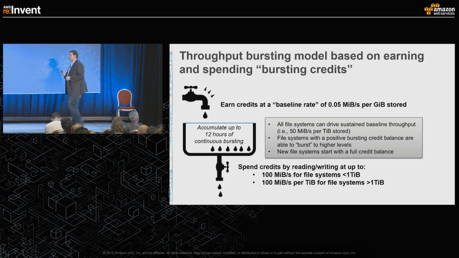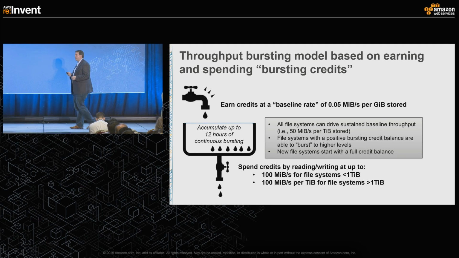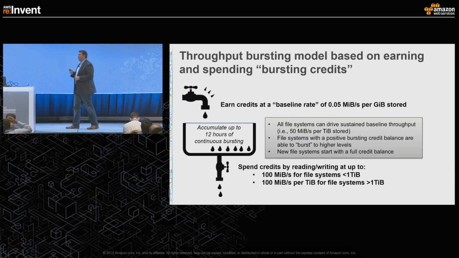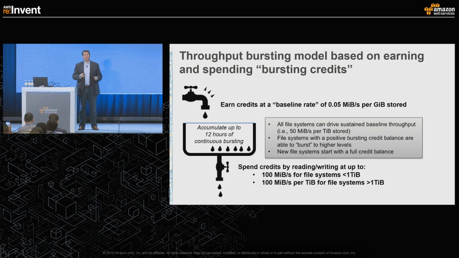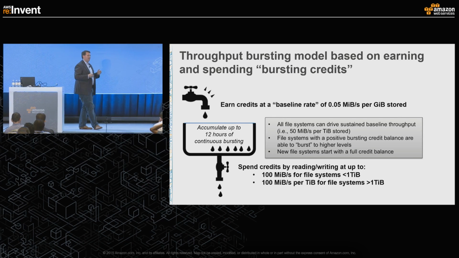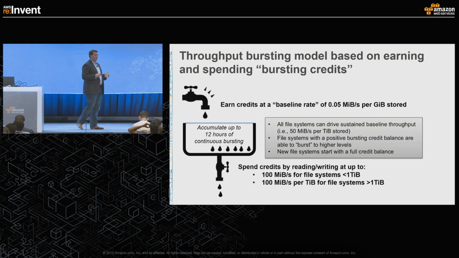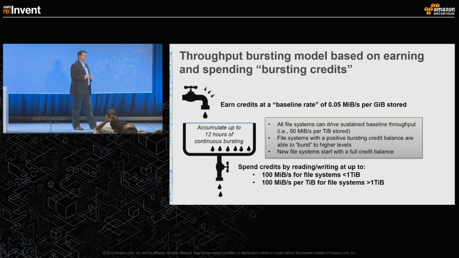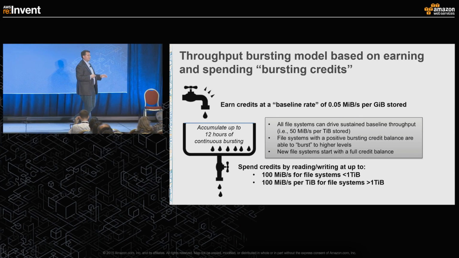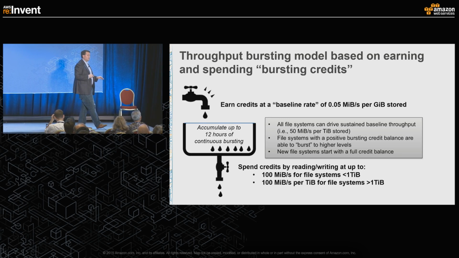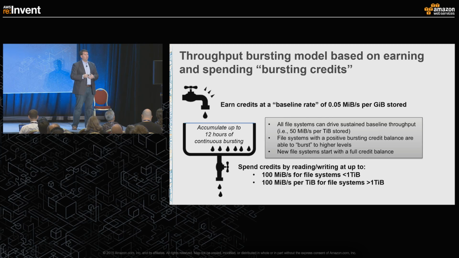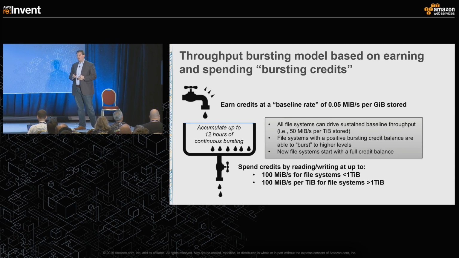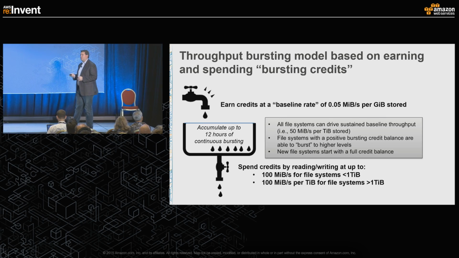The two numbers to really take away from the slide, and we'll walk through here in detail, is for every 1 terabyte of capacity inside of a file system, we deliver 50 megabytes per second of throughput as the baseline, and 100 megabytes per second as a high watermark, or burst mode. So what that means is for every 1 terabyte of capacity inside of the file system, 50 megabytes per second is the absolute floor that we'll deliver to you for that particular resource. And in burst mode, we'll deliver to you 100 megabytes a second per terabyte. And those numbers scale and decrement linearly.